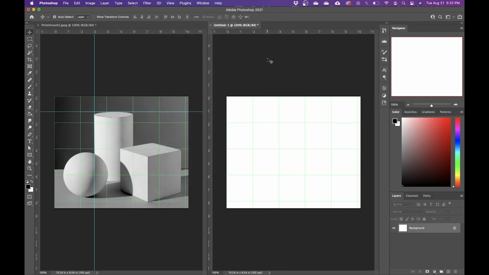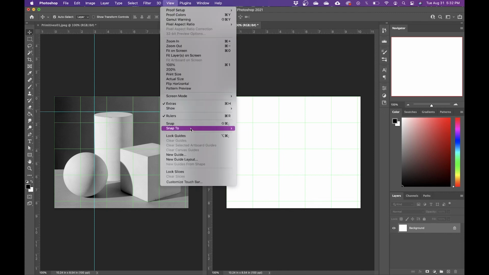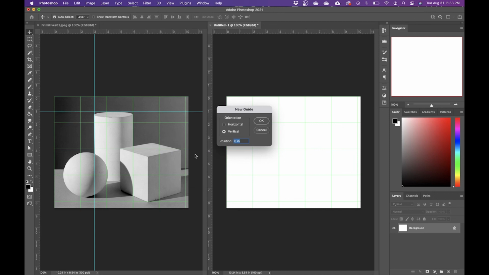Another way to add a guide is to just go to View and New Guide. And this is a good way for if you have trouble getting the guide exactly where you want it to go. You can just go to that View New Guide and put the position you want to add it, tell it whether it needs to be horizontal or vertical. Then when you hit OK, it'll add the guide exactly where you want it to go. So I'm going to go ahead and add this guide